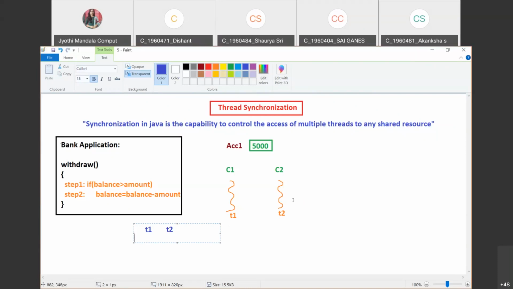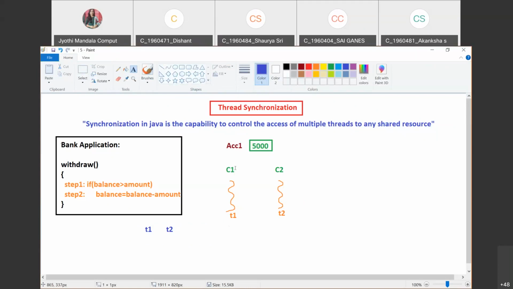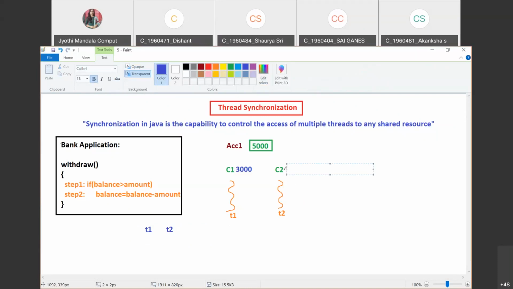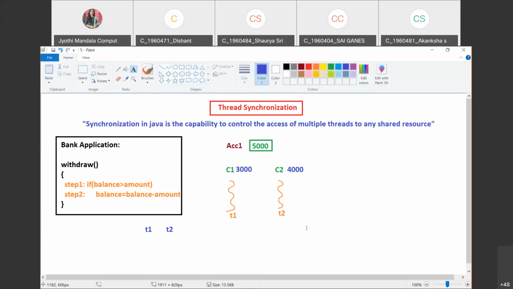Now let us consider C1 wants to withdraw an amount of 3000, and C2 wants to withdraw an amount of 4000. Are you following, all of you, what I am telling?